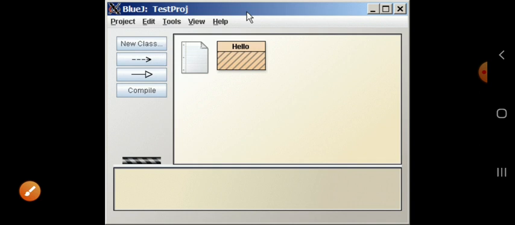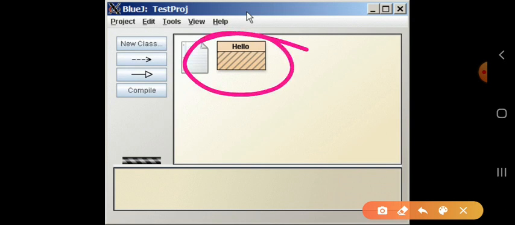After giving the name, this small icon comes in front of you. You just click on it, double click, and then what will happen?